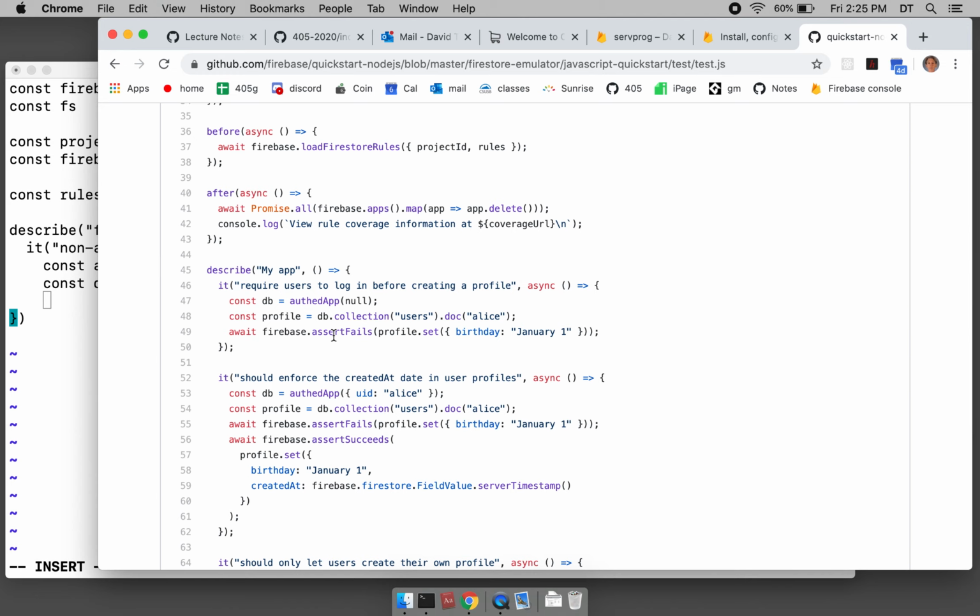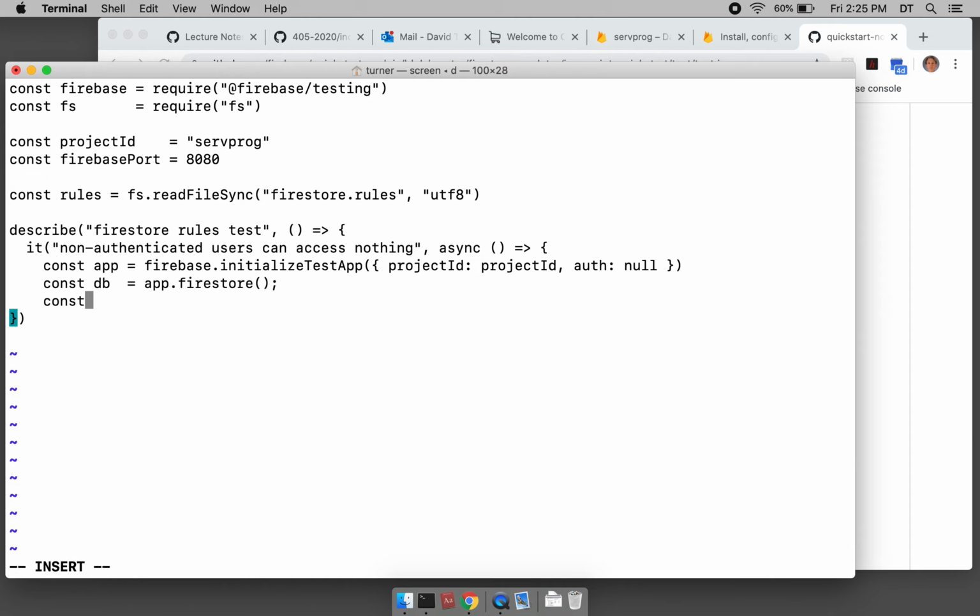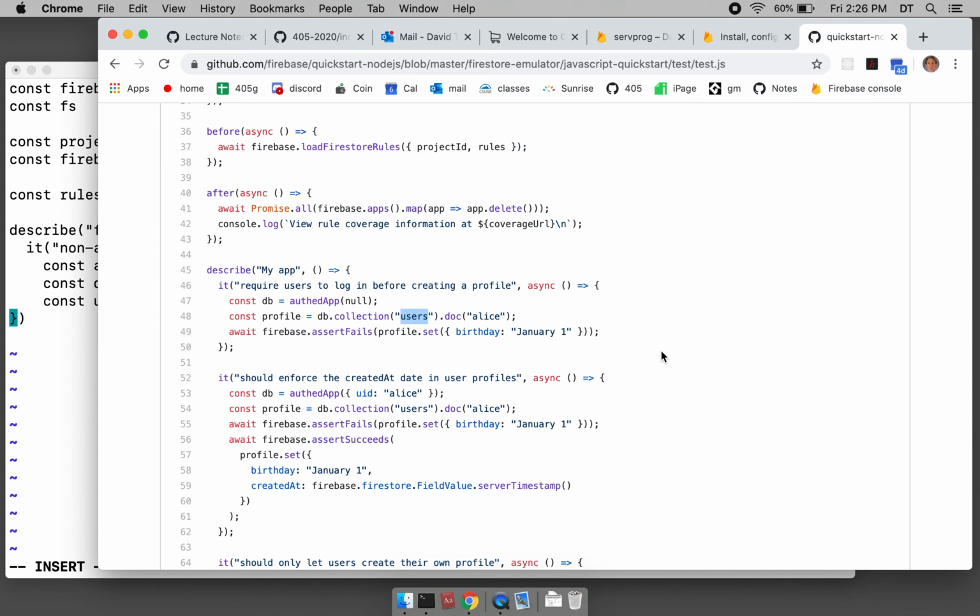And then once we have a database, we can do stuff on it. And like, for instance, we get a collection here. So our database is going to have, let's say it's going to be these, what is it called, user objects. And the user object